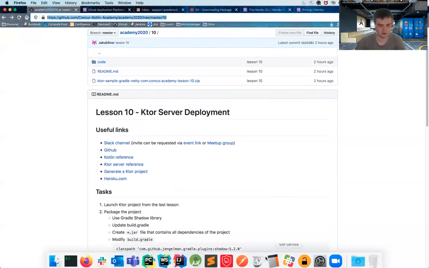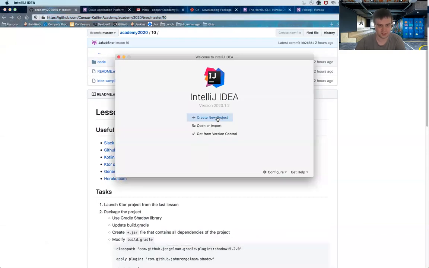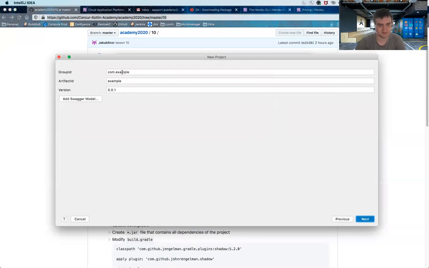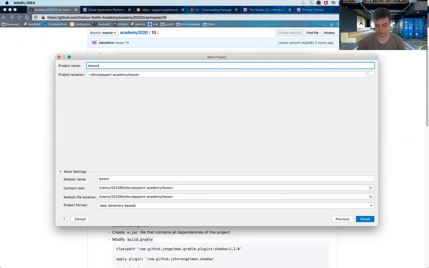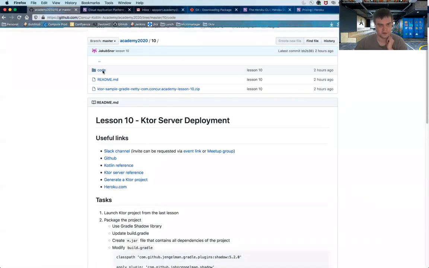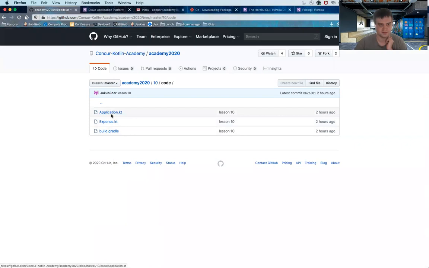Or you can just open a new project as I will and copy files from last lesson. So let's start a Ktor project on AppPort Academy, and it's lesson 10. And on our GitHub, you can go into folder code, and here you can see 3 files. So you can just copy them